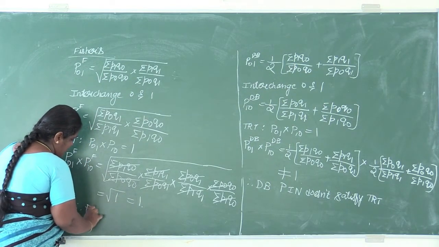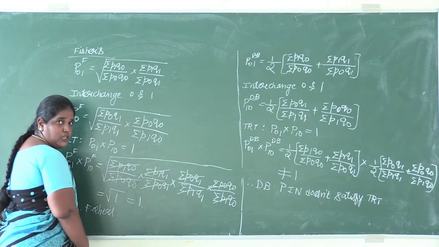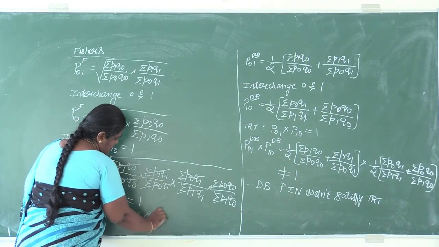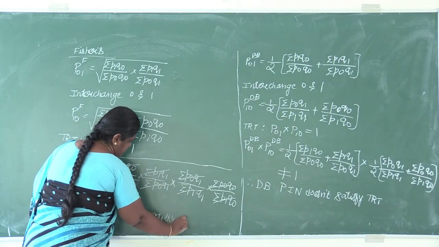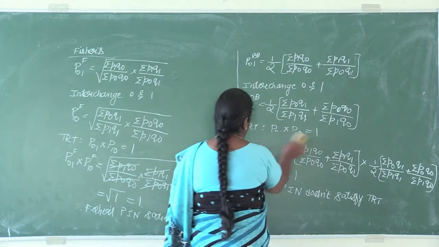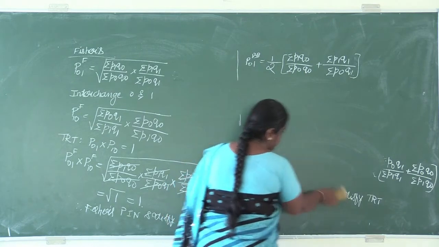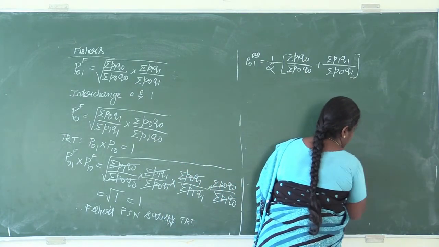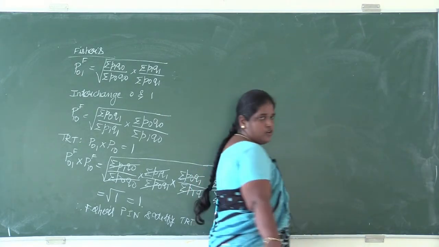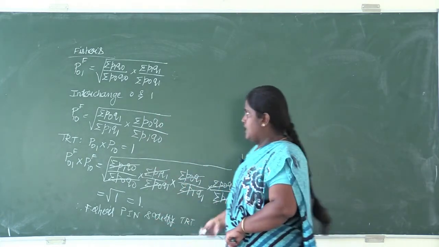Therefore, Fisher's price index number satisfies, since we got it as equal to 1. Fisher's price index number satisfies time reversal test. Then the last method is Cayley's price index number. We will verify whether it satisfies time reversal test. And the Fisher's price index number method is very important. It will be asked in 10 marks based on the problems, and sometimes in 5 marks you have to prove it like this when it is asked.